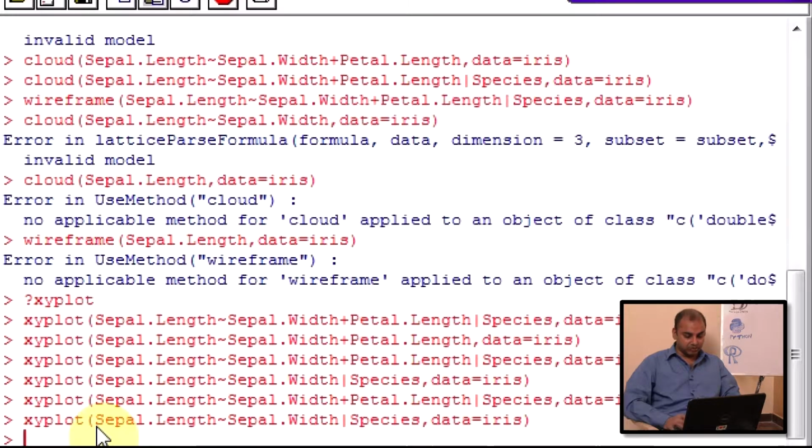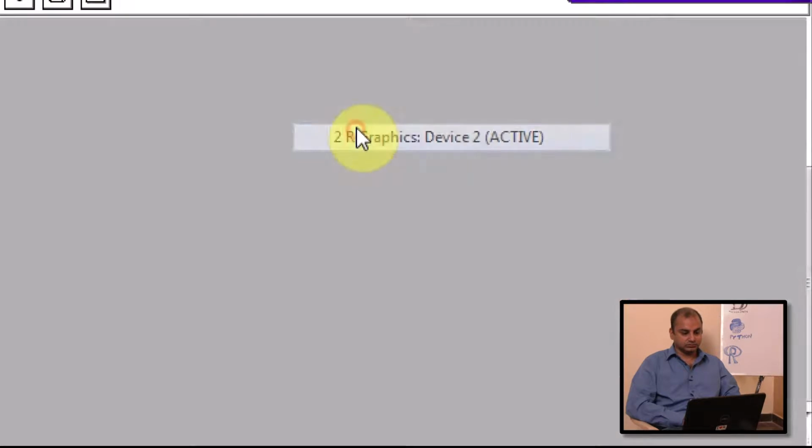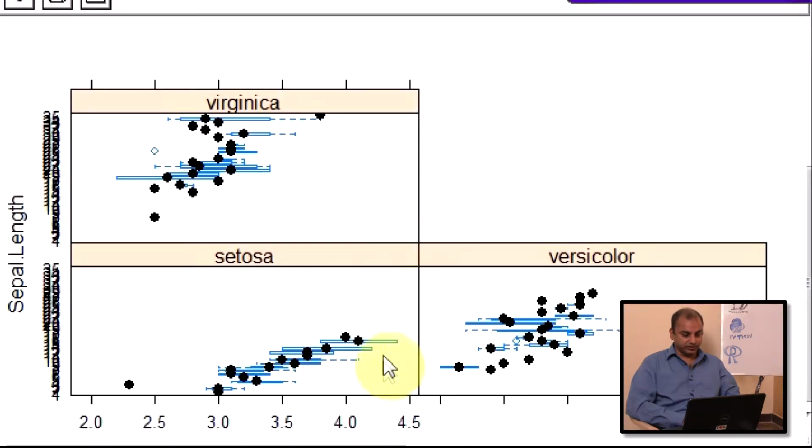Let's do a BW plot. You can see the difference in this. You see the small box plots, how the spread is.